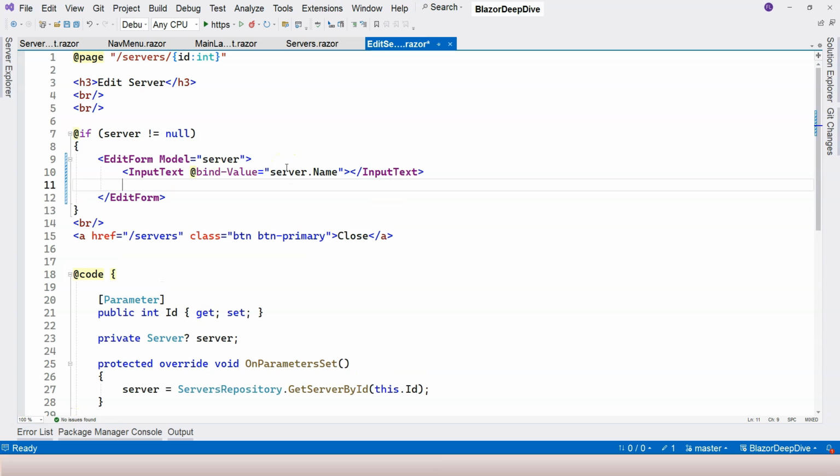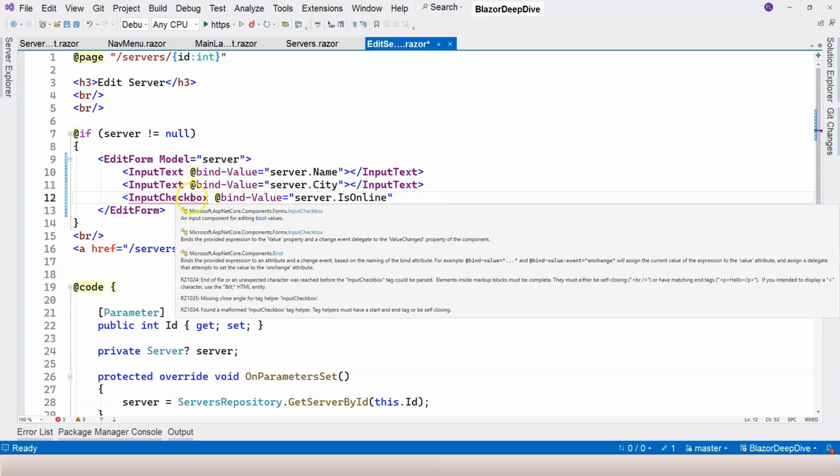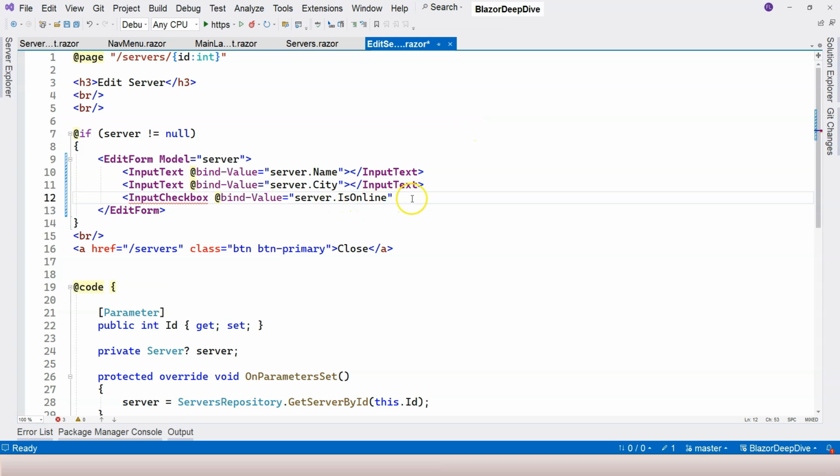And we're gonna have next field, which is city. So we're gonna say .city. We're gonna bind the city property to the input text. And again, over here, we're gonna use input checkbox, right? So this is going to bind to the server.isOnline, right? Because the isOnline is a Boolean, and the checkbox can be used to work with a Boolean property